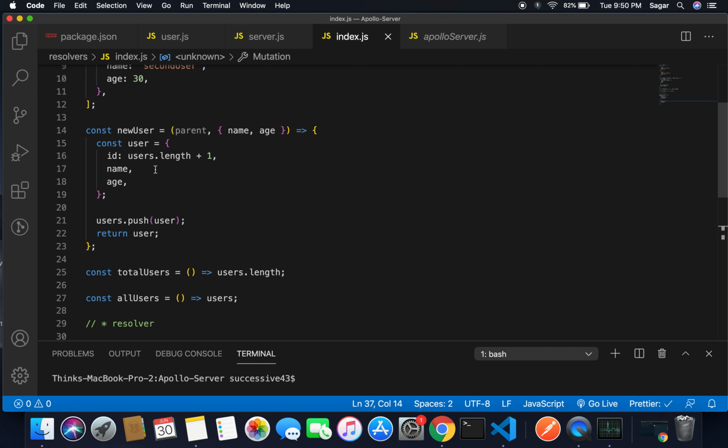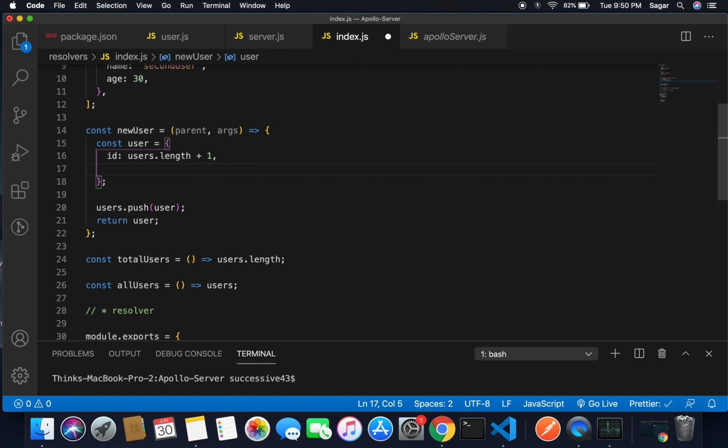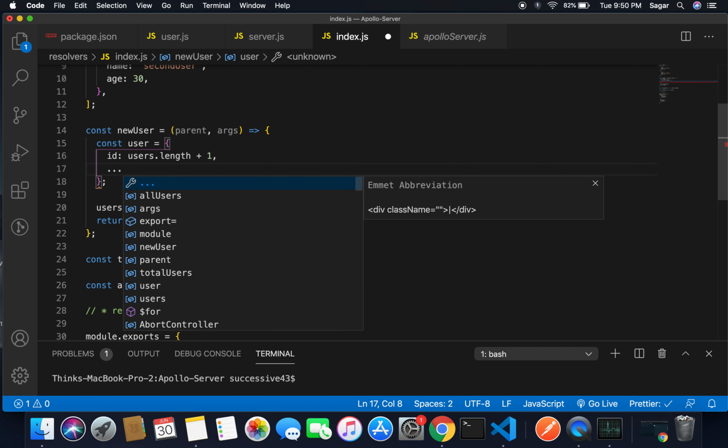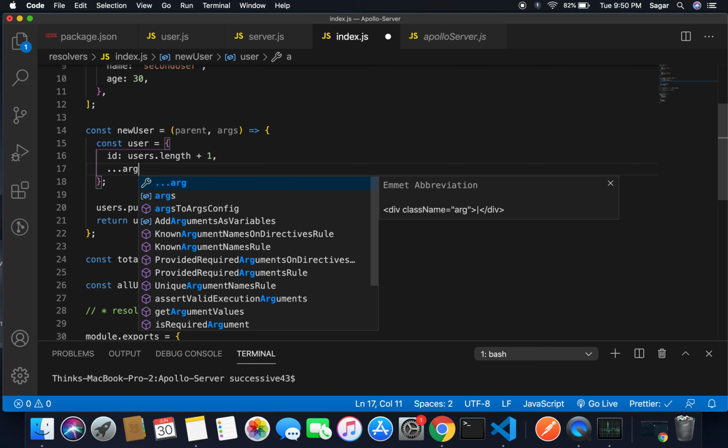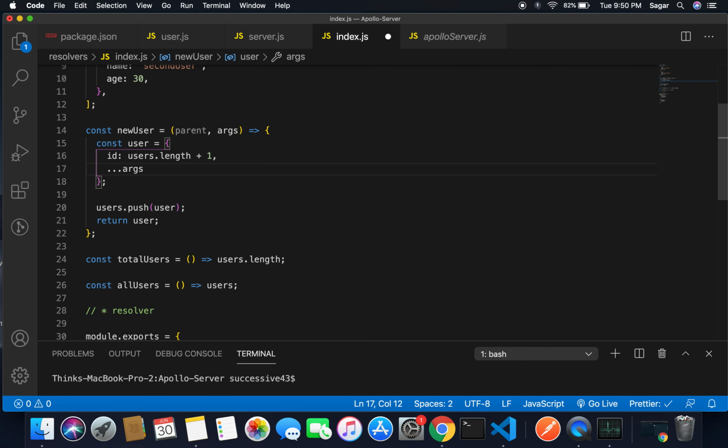In case we are using the name and the age, I can simply use here args, the argument that I got, and simply bind it here. I'm going to use a spread operator, and args.input. Save this one, and